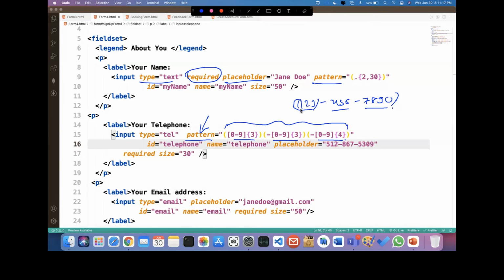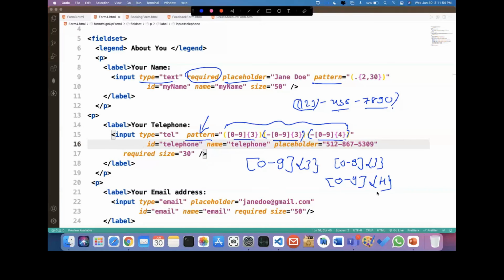So in the first part I want 3 digits. So I want digits, 0 to 9, any digit can be there, and in curly braces 3, so it will allow only 3. In the second pattern I want 0 to 9 and again 3. In the fourth one I want 4 digits, so 0 to 9 and that's for 4, right? So this way you can design these kinds of patterns.